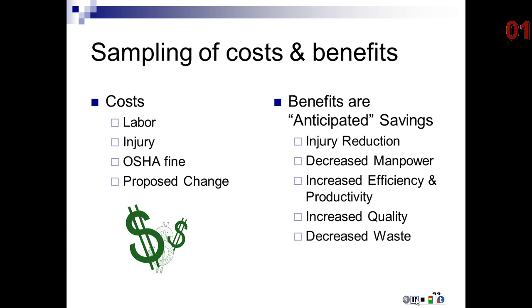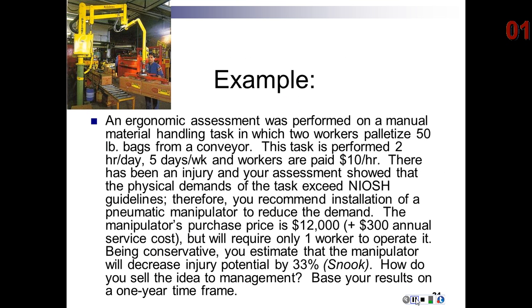And you might see things such as a reduced potential for injury. It might take less manpower to get the same task done. You could have improvements in efficiency and productivity and quality, decreases in the waste that is produced. You might have improved morale, and so you'd be looking to try to put dollar costs or dollar savings on those. It's simplest to work through an example, and so I have an example where you did an ergonomic assessment,